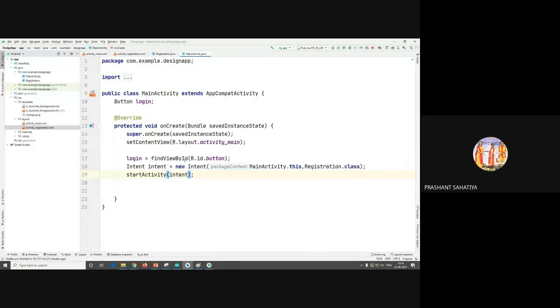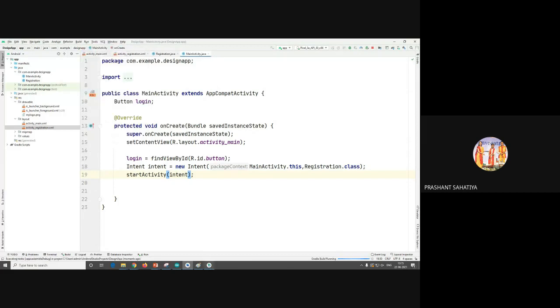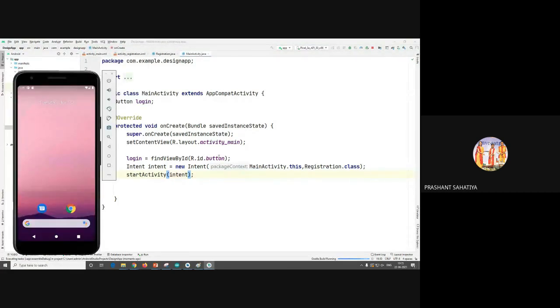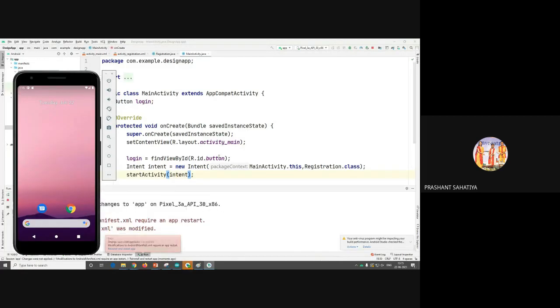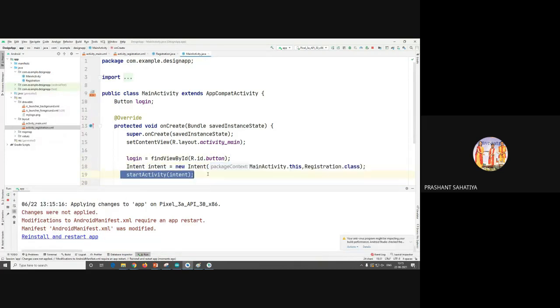Now we will apply changes and run, and we will see whether it is working or not. We created the intent, we gave the source and destination, and told it to start. startActivity is one function which is starting that intent. This portion is creating the intent, and this is starting that intent.